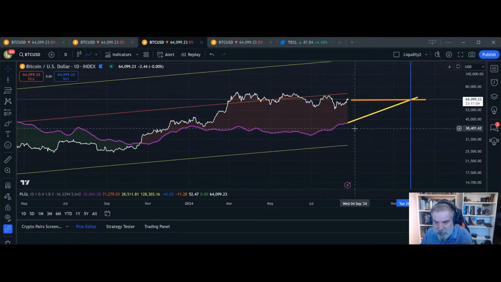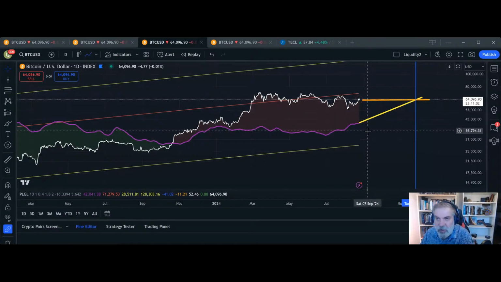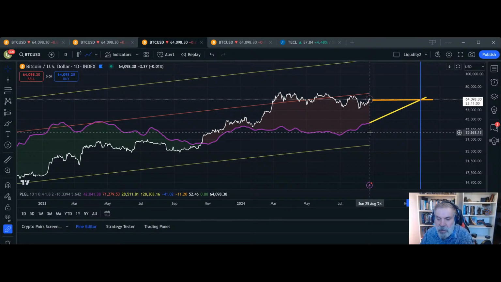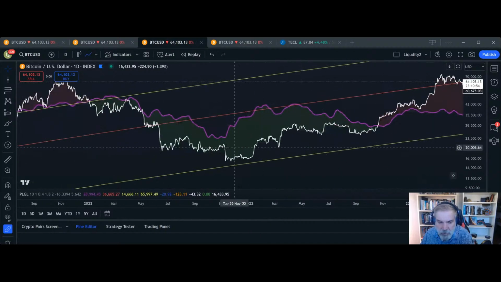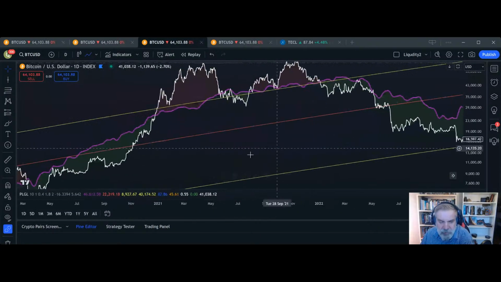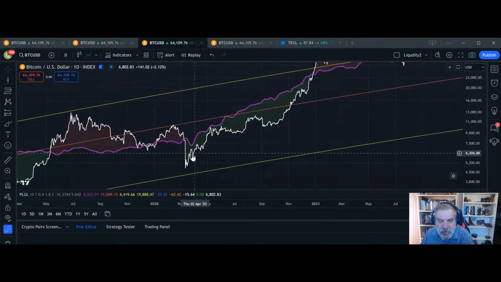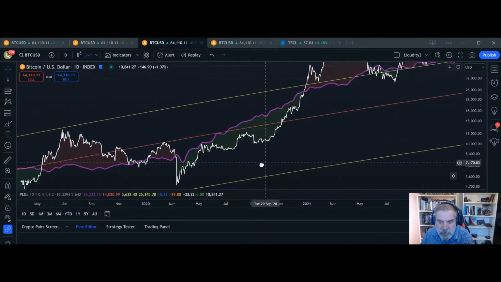I hear many times, oh, liquidity drives the price. It doesn't drive the price. They are not that strongly connected. What happens is, when we have bull runs, we need to have enough liquidity. So if you look at previous bull runs, like here,